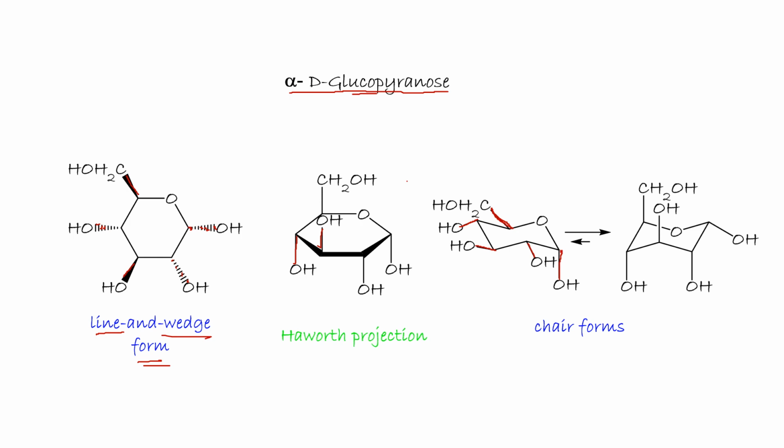Remember, in this chair form, the up will be equatorial, axial, axial, axial, axial. Once again, this is down, so it is axial. Here is down, so it is equatorial. This is up, equatorial. This is down, then it is equatorial. This is up, equatorial. If we flip the chair form,